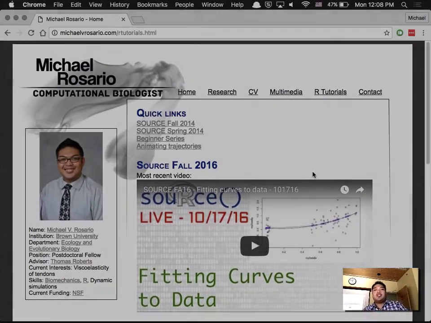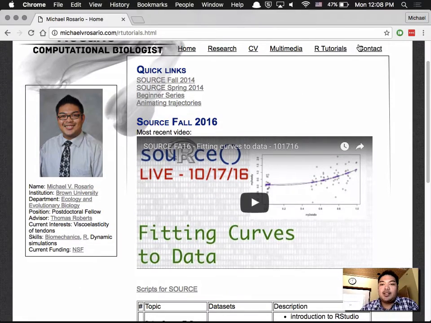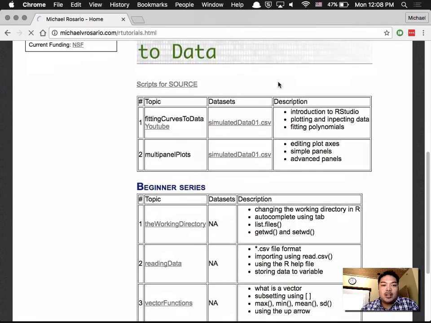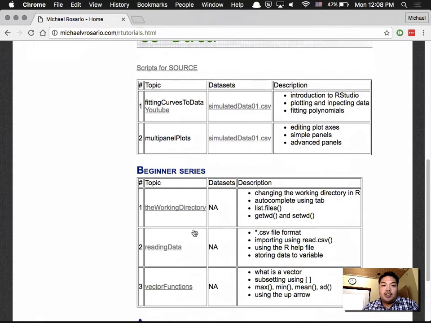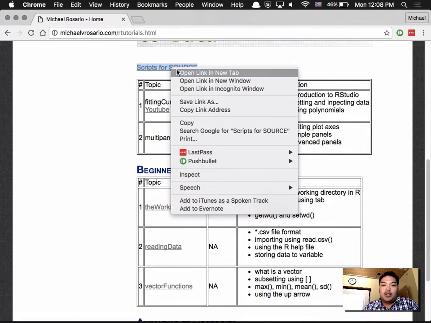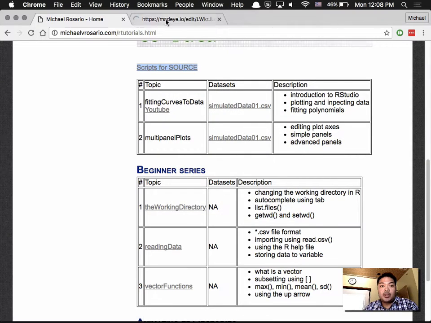Okay, so everything that you need for today you can find on my website. If you click on our tutorials, this link here, scripts for source, will give you a link into all the files on my computer. So if you click it,